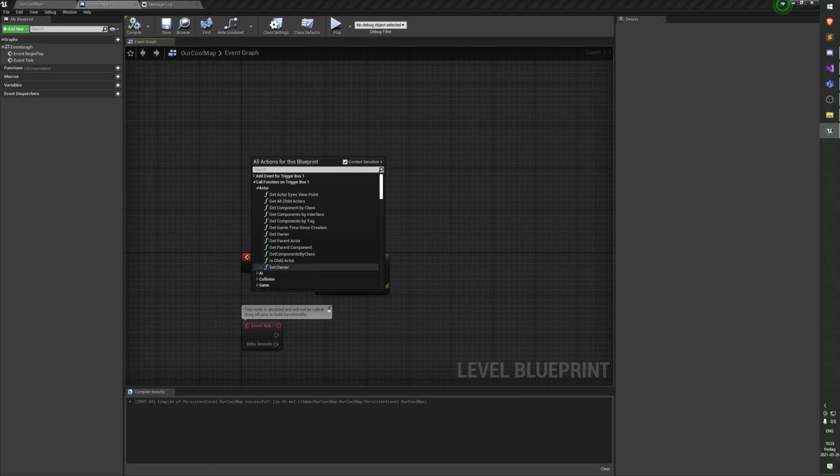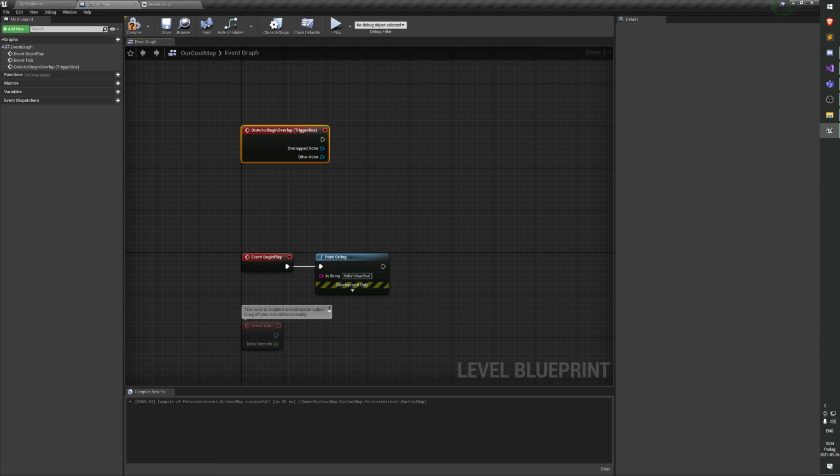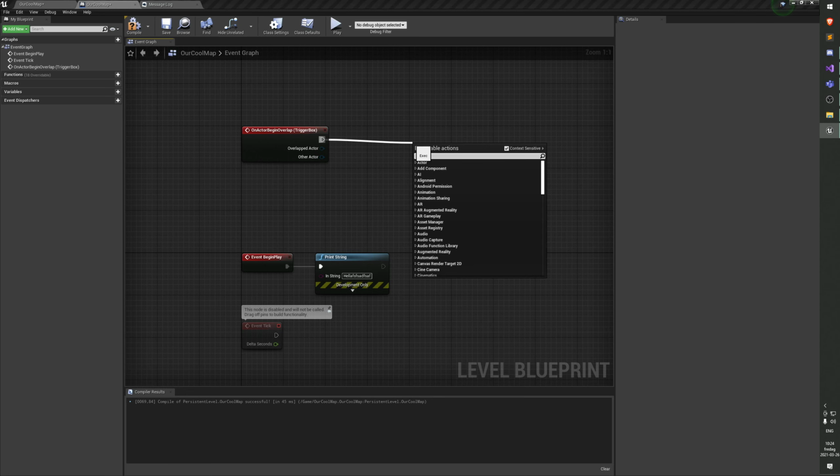We can also add events. So let's say I want to do On Begin Overlap, right? I can just add one of these event nodes that will run when this specific trigger box is overlapping something. So that's very nice and convenient. And that's why stuff like level scripts and triggers are usually scripted in the level blueprints. So here I can just do